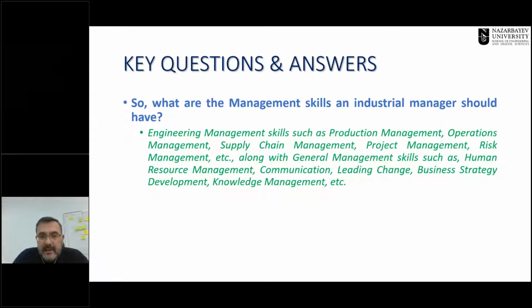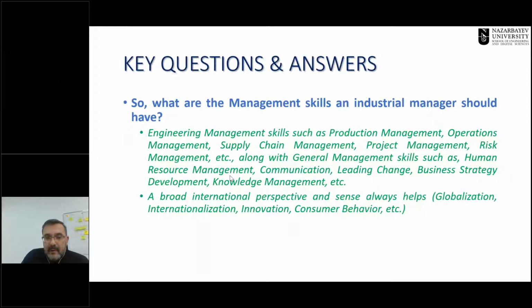They have engineering management skills such as the ones I already mentioned: production management, operations management, supply chain, project, risk, and so on, and general management skills: human resource management, communication, change management or leading changes into organizations, business strategy development, knowledge management, and so on.